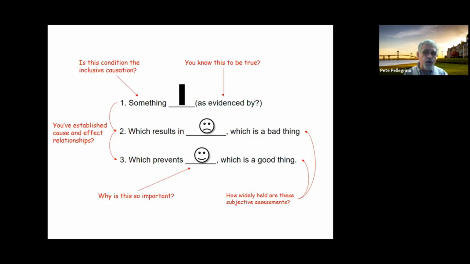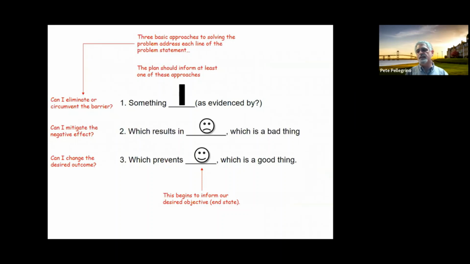Because one of the approaches, as you ultimately start thinking about problem solving in the context of whether a game is necessarily the right vehicle, is to look at our bottom thing here: well, can I just change the desired outcome? My little picture of a wall and someone trying to get to the other side of the wall is only a problem if getting to the other side is what you want. If you don't want to get to the other side of the wall, I could care less. It's not a problem. The wall is still there.